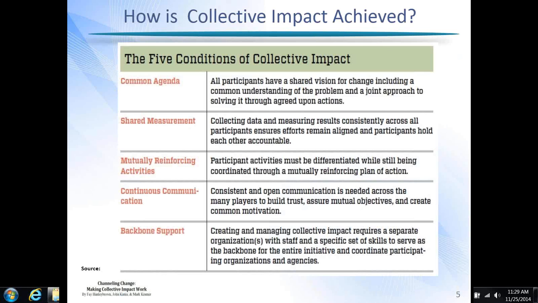And instead realizing that these are complex issues that take many different organizations working as a team, and when they do that, they can achieve this enhanced effectiveness, which has been termed collective impact.